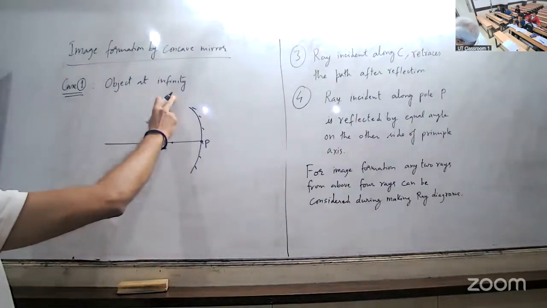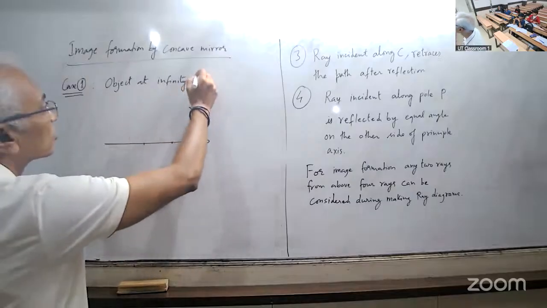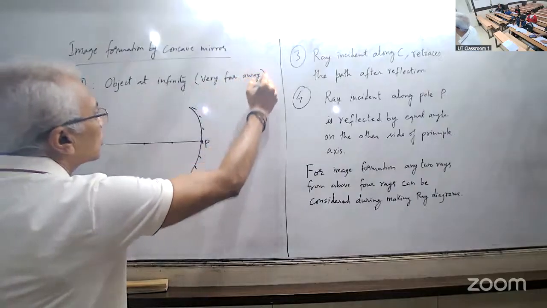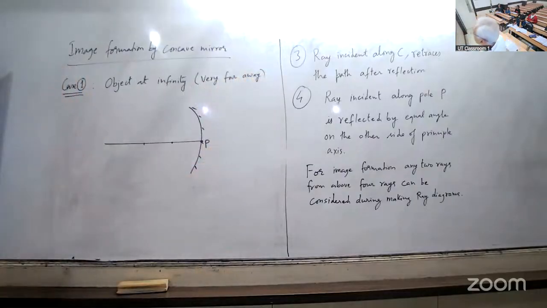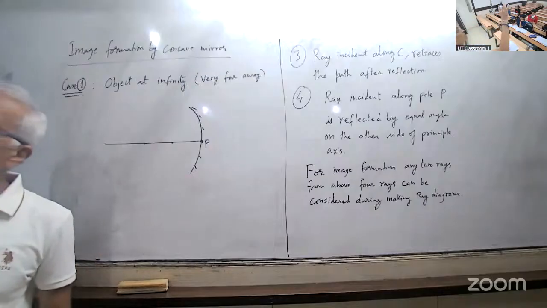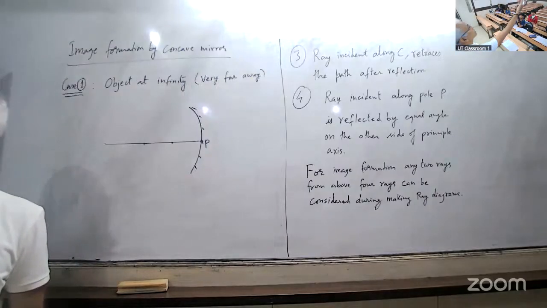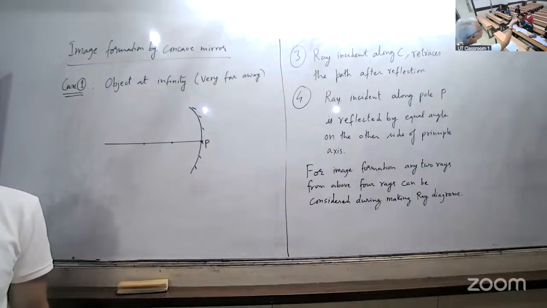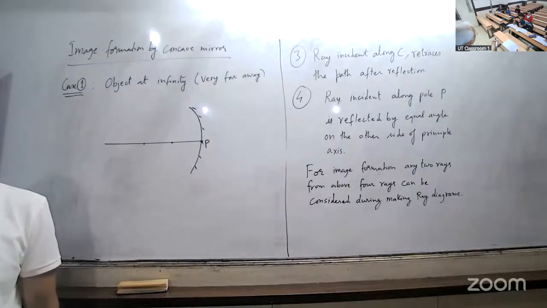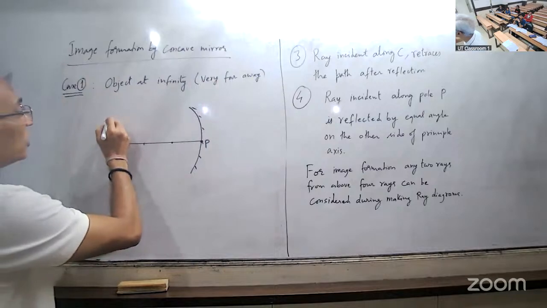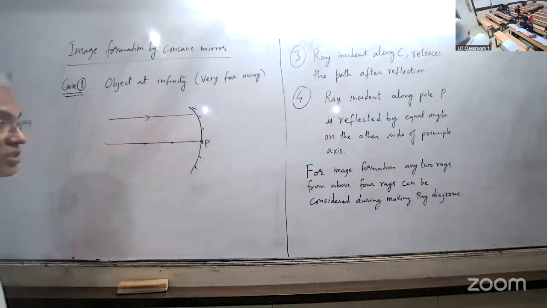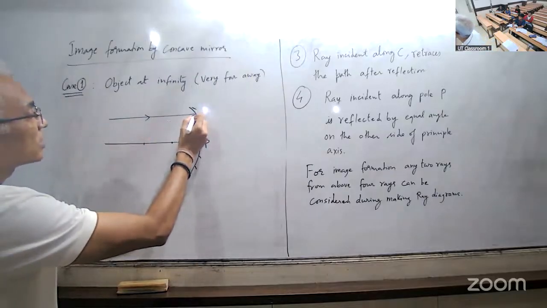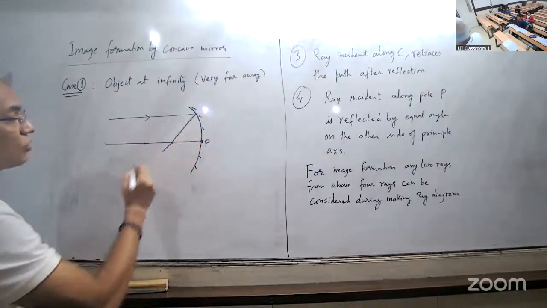तो जब भी ऑब्जेक्ट इंफिनिटी पे है, इंफिनिटी का मतलब होता है वेरी फार अवे। ऑब्जेक्ट कहां पे, वेरी फार अवे। तो इंफिनिटी जैसे सन है, तो जब हम सन को देखते हैं तो सन से सारी लाइट रेस कैसे आ रही है, पैरेलल। कोई भी दूर का ऑब्जेक्ट देखोगे तो उस ऑब्जेक्ट से सारी रेस पैरेलल आएंगी। तो हमें केवल एक ही पॉसिबिलिटी है, रेज विल बी पैरेलल टू प्रिंसिपल एक्सिस। तो एक रे प्रिंसिपल एक्सिस से पैरेलल आया तो फोकस से जाएगा।